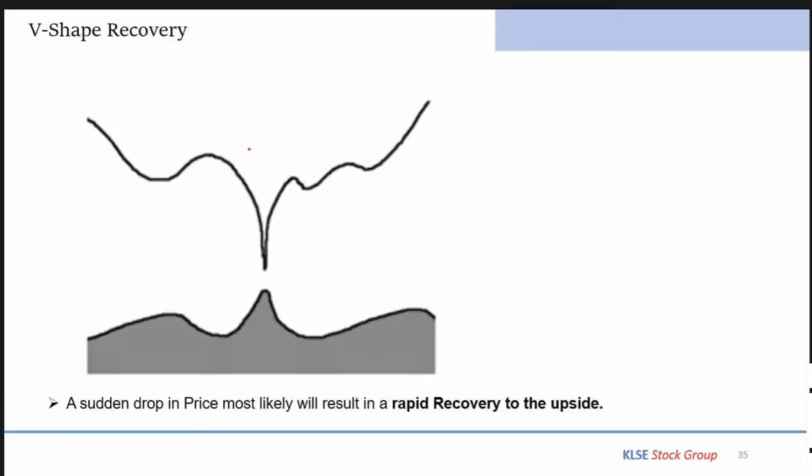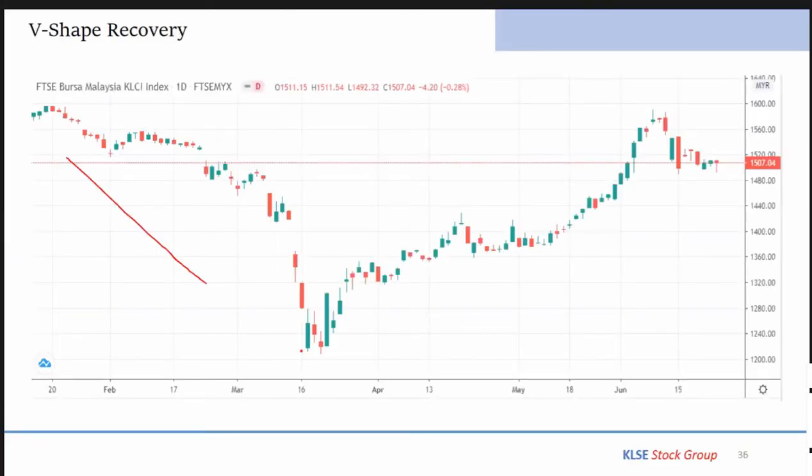This is a V shape. Sometimes the price can plunge down, and then it can rebound back very fast in a V shape. This is called a V shape recovery. If the price drops very fast, if you notice a red bearish candle that suddenly drops down very fast, then you can expect, if the buyers step in